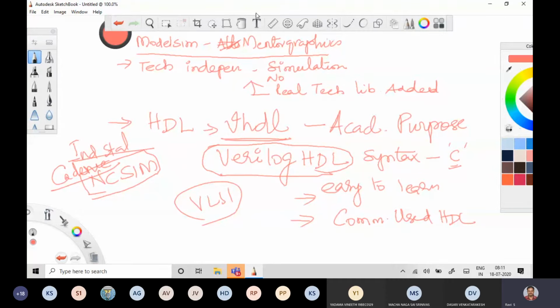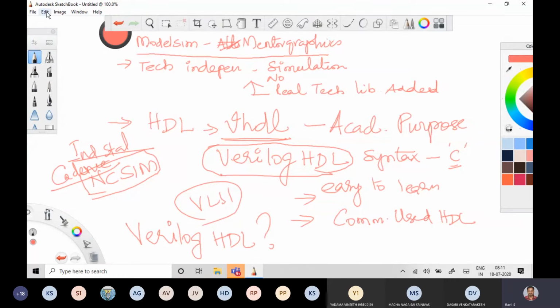Before going for the demonstration, everyone needs to know basic Verilog HDL. I'll tell you the general structure of Verilog HDL, and later I'll explain what is required.